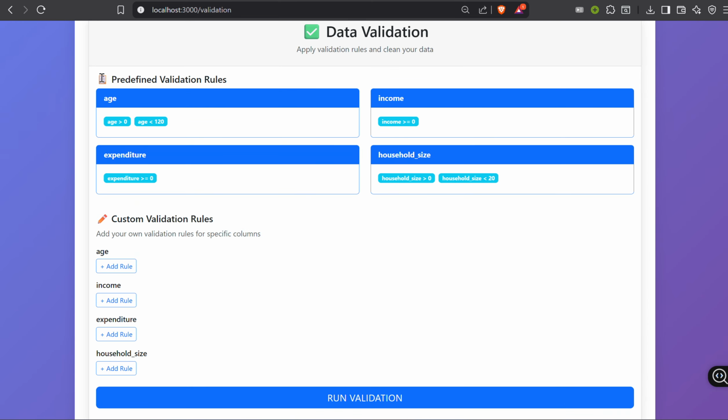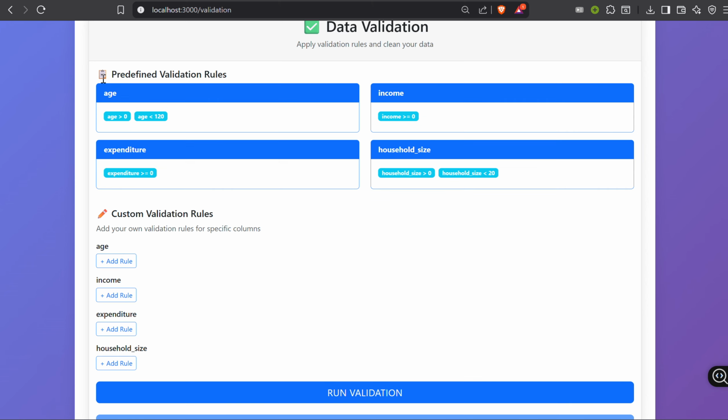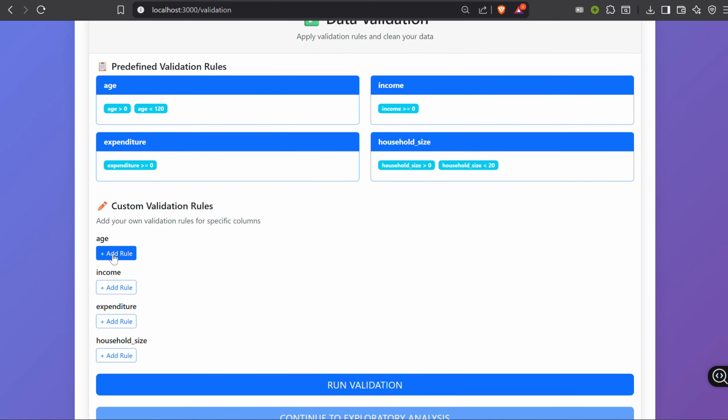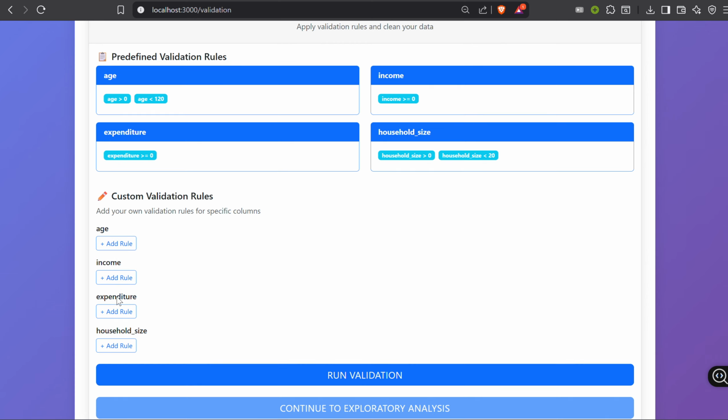Here we will define some predefined rules. Here we have defined some rules like age should be greater than 0, less than 120, income should be greater than or equal to 0. So we have defined these kinds of rules. We can define according to the rows a lot of predefined data, the domain checks, statistical checks, and a lot of checks. And the user can also put some data here according to the columns if needed, and we can